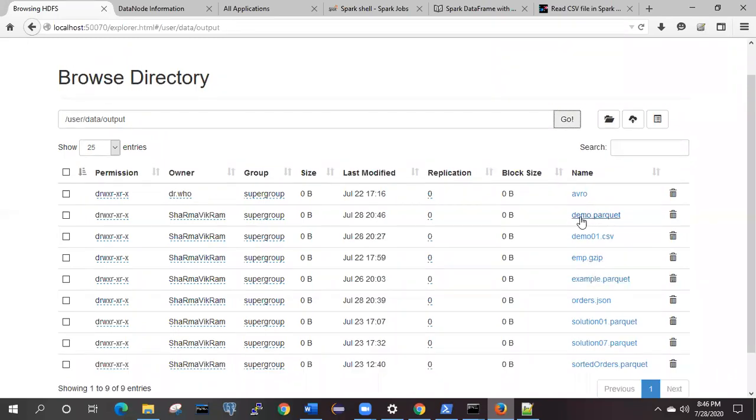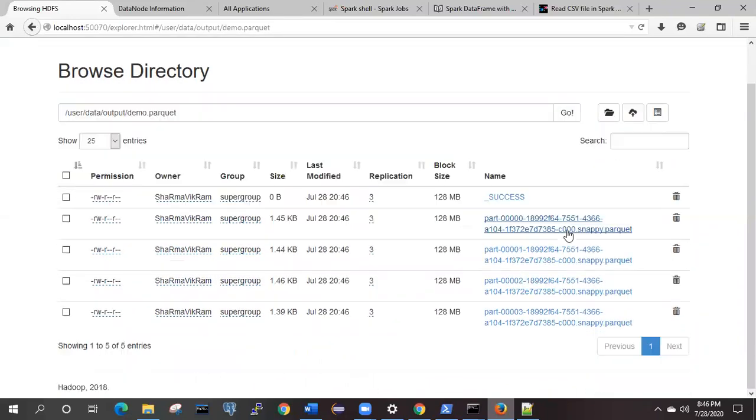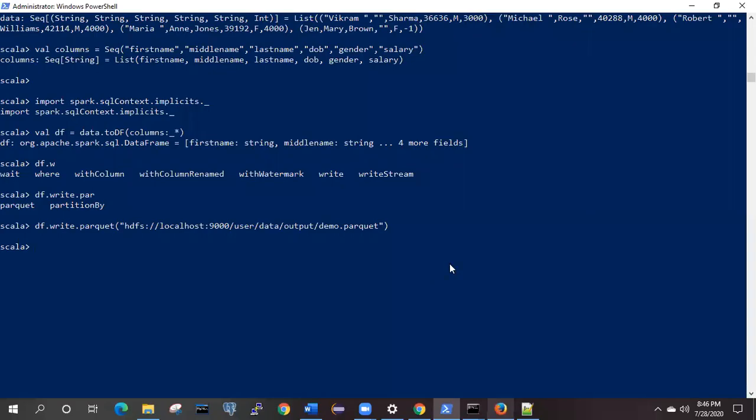Okay, so you can see this data is already in the Parquet format. By default, when the data is of huge size and whenever you are writing, it will write the data with snappy compression. If you wish, you can specify it also. If you are not specifying it, then also by default it will take the snappy compression. We have other compressions like gzip that we will cover in the next video. So here what we did is we have written the data.